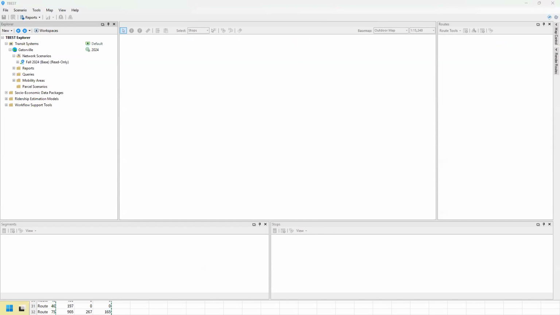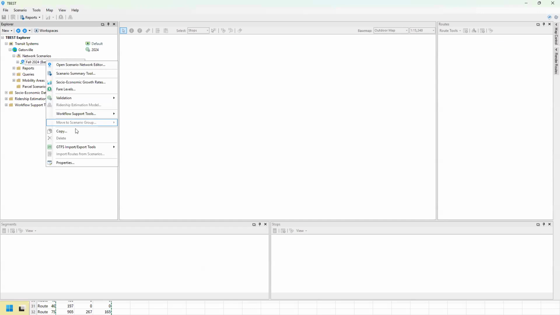So I am on 4.1 TBEST GTFS import: import the spring 2025 GTFS network into a TBEST application scenario. All right, so in TBEST Explorer, copy the fall 2024 base scenario into a new scenario by right-clicking on it and selecting copy. So I just right-clicked on fall